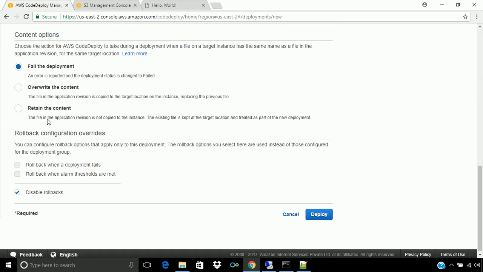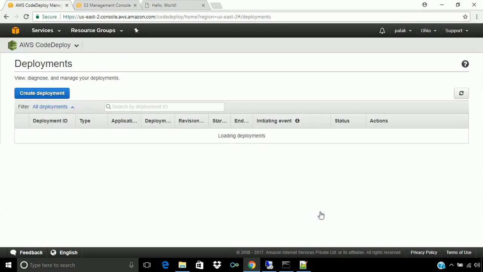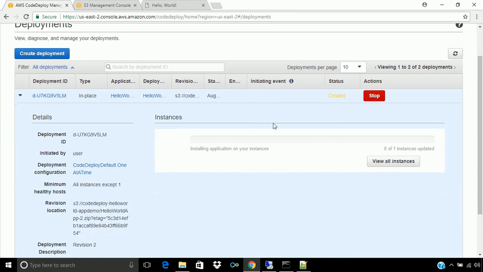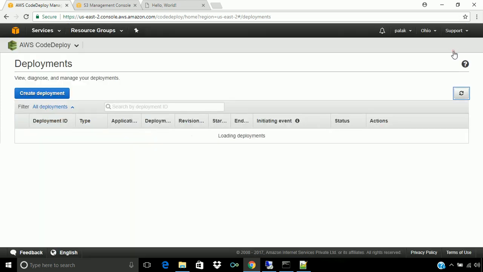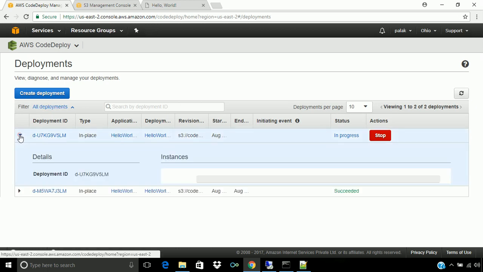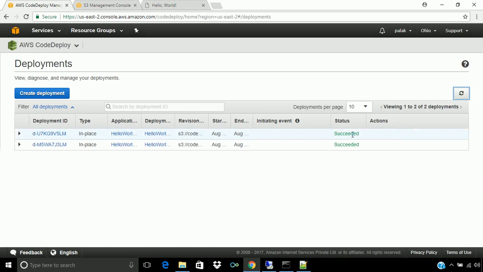Now all this configuration you can leave as it is, and now let's start deploying. It will start deploying, and we can see all the progress here. Once you refresh, you can see that it is already in progress and it has been completed successfully.